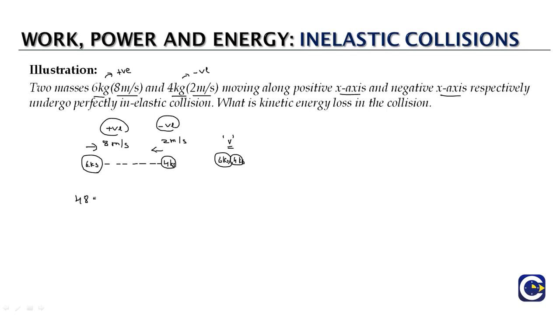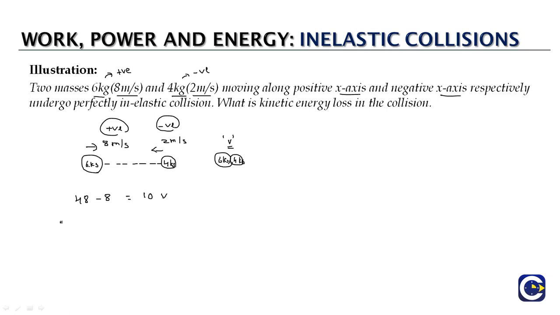Since it is in the positive x-axis direction, we take it as plus. And the initial momentum of the 4 kg particle will be 4 2s are 8, but it is towards the negative x-axis, so we'll take it as minus 8, will be equal to, finally both the particles 6 kg and 4 kg are sticking together and moving, which means this is like a 10 kg particle